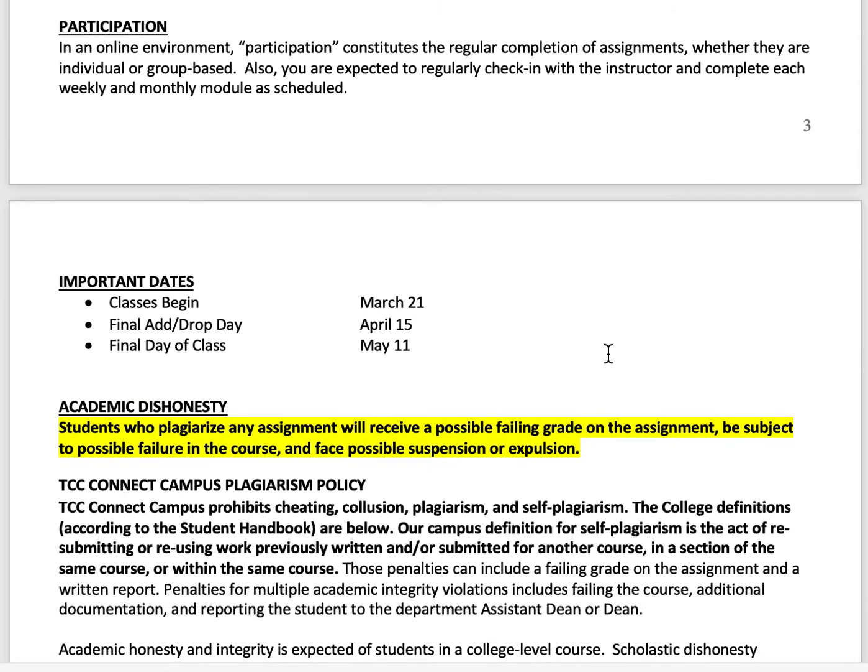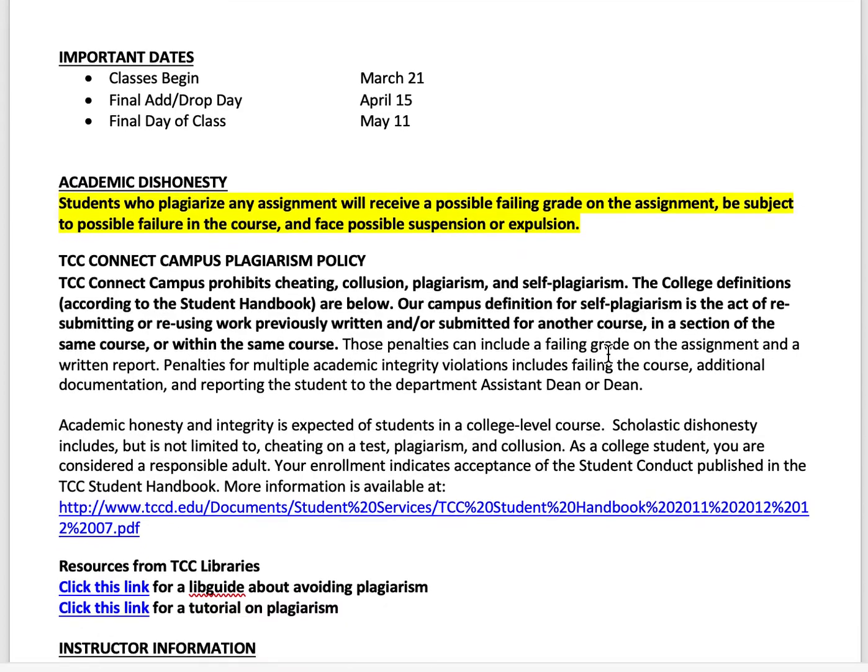Class dates: March 21st, classes begin. The final add/drop date is April 15th, and then the final day of class is May 11th. And then